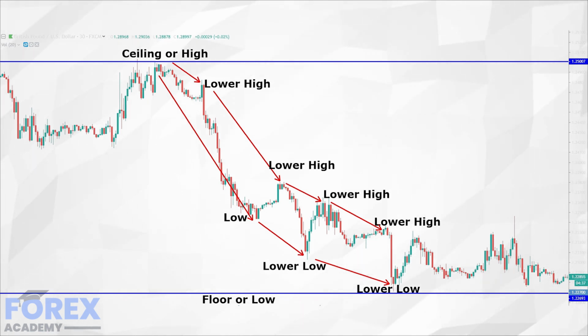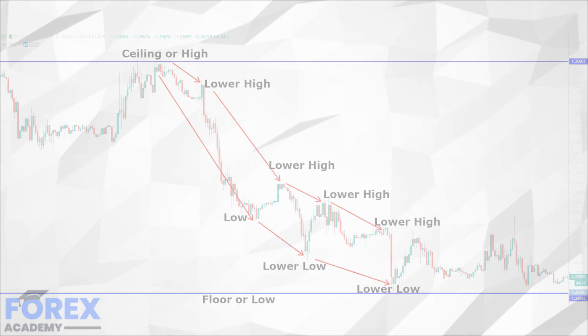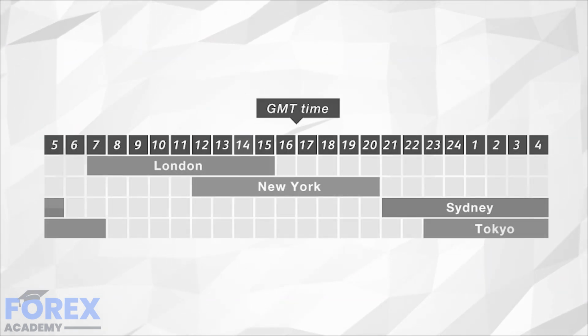So, we know what we are looking for: range-bound, breakouts, and trends. In which case, when is the best time to be looking to trade them? Let's consider that you live in the United Kingdom and you want to trade the pound against the US dollar, aka cable. Trading this pair at 11 PM Sunday to Friday would not be a particularly good idea, because the